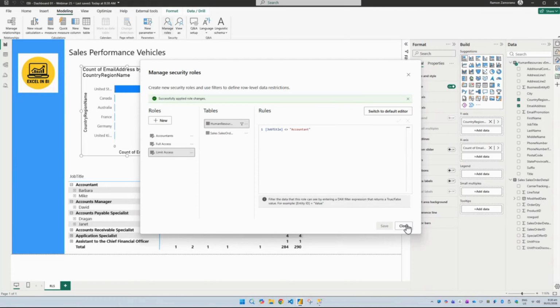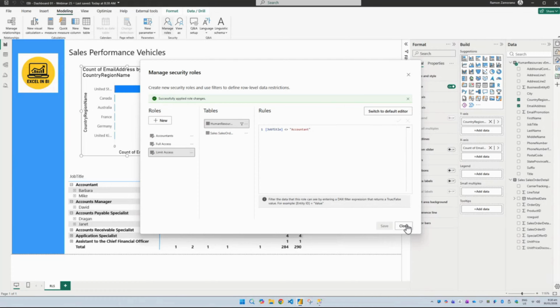So I click here in accountants. So those are the people who should have access to people who work in accounting. So I just click that. As you can see, automatically it filters out and shows me all the people whose job roles contain the word accountant. So I limit the information. But as I show you now as a